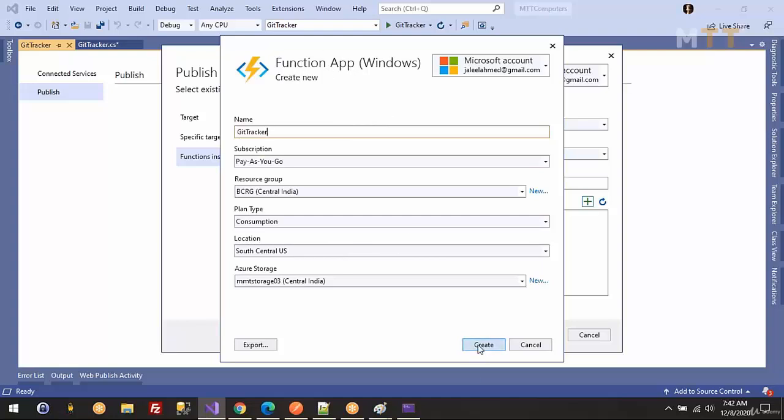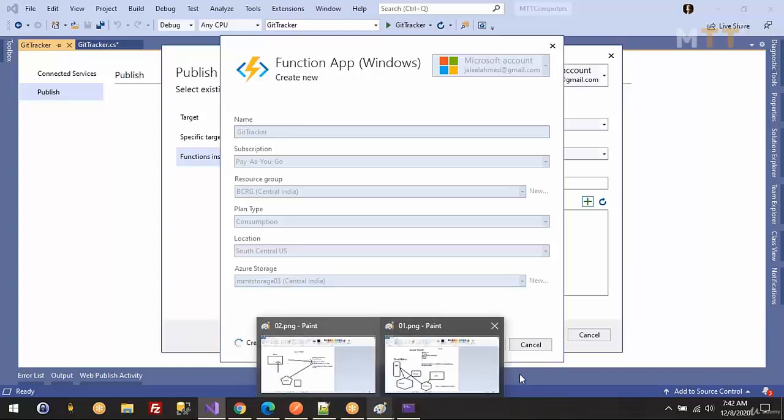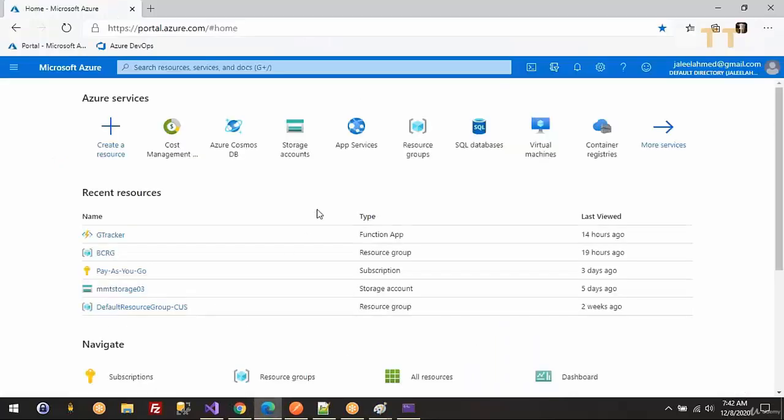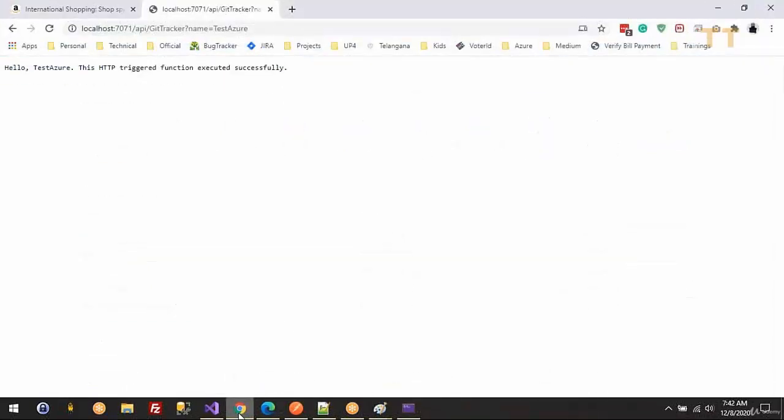Function app. This is not app service. Internally it is app service, but Azure prefers to call it function app. The reason it is called function app or serverless is, one, it is getting invoked automatically. Nobody is calling it specifically. Another thing is, for your app services, we have seen even if the users are not using it, there are charges still. As long as my website is up, my account is still billed. But whereas it's Azure Function,